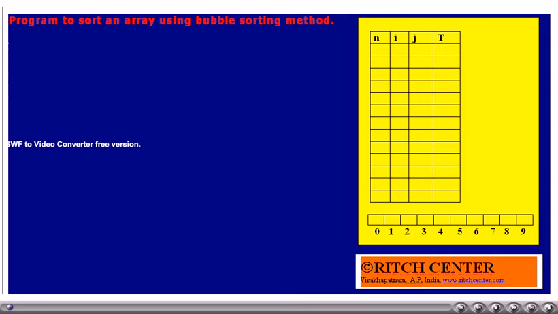The same will be called from the main program, in which a 1D array is read and sent to this function. After returning from the function, the array will be printed. As usual, stdio.h is included. The function bubble is defined to have a 1D array and an integer as arguments.